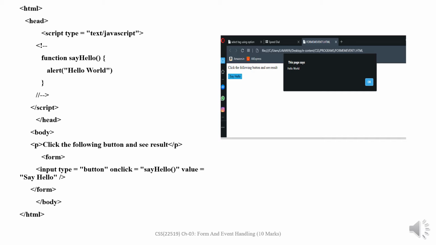Click the following button to see the result. Here we have created the say hello button. After clicking that button, it will display the message, this page says hello world. Means after clicking the say hello button, it displays the hello world message by using the mouse click event, by clicking the mouse button.